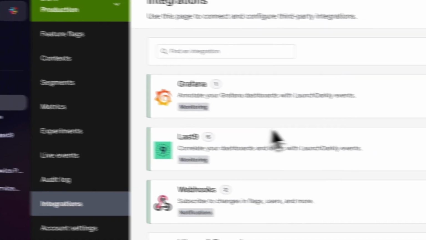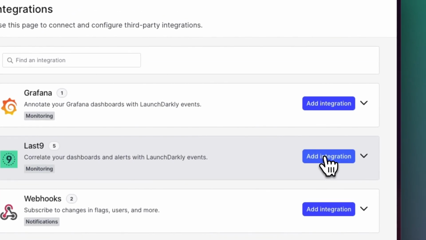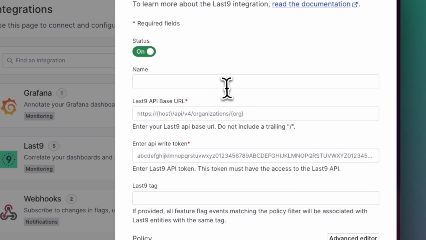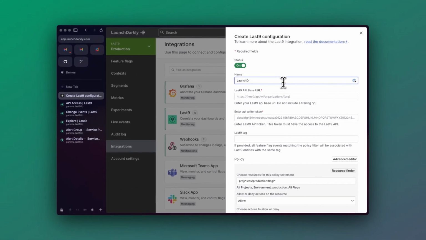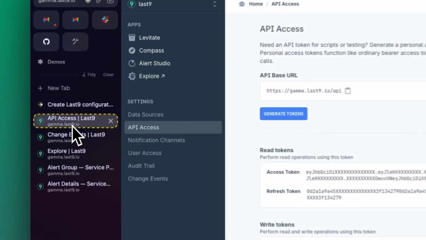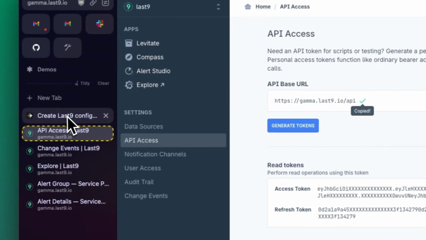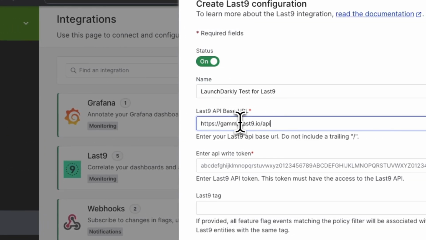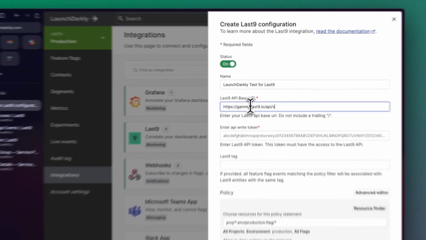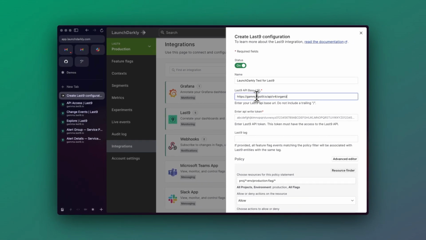All right, so we'll set up a new integration here. We click on this. Let's name this LaunchDarkly test for Last9. The API base URL will come from here. Paste this in here, /v4/organizations, and in our case,